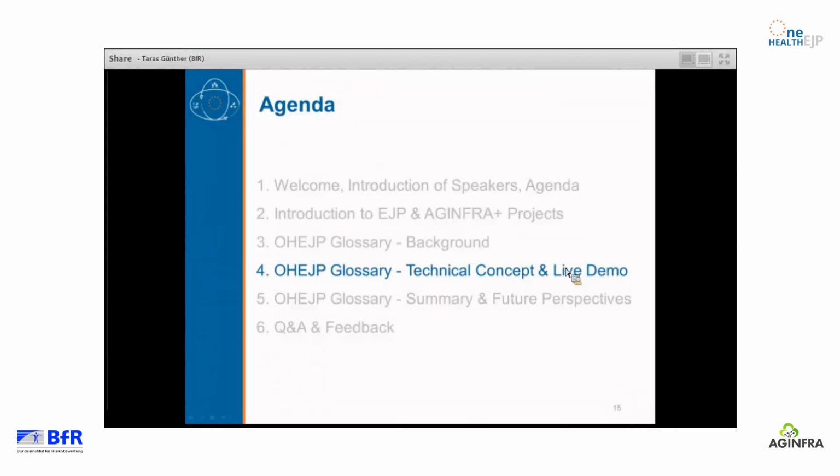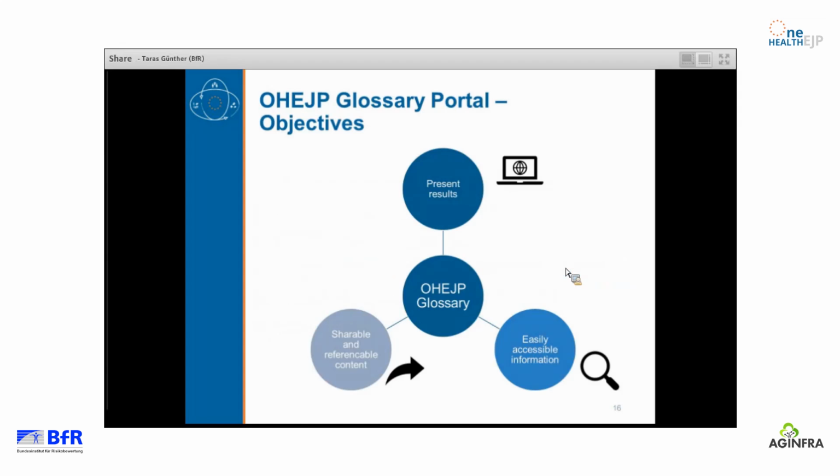I will present you the One Health glossary solution that we have now. I want to start at the beginning of my presentation with our objectives for the portal that we developed. So what we wanted to achieve with our technical solution, which is provided by the AG Infra Plus project,